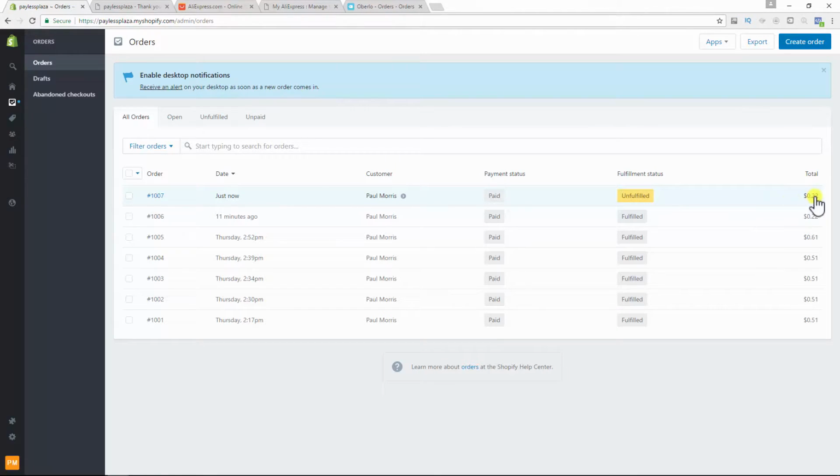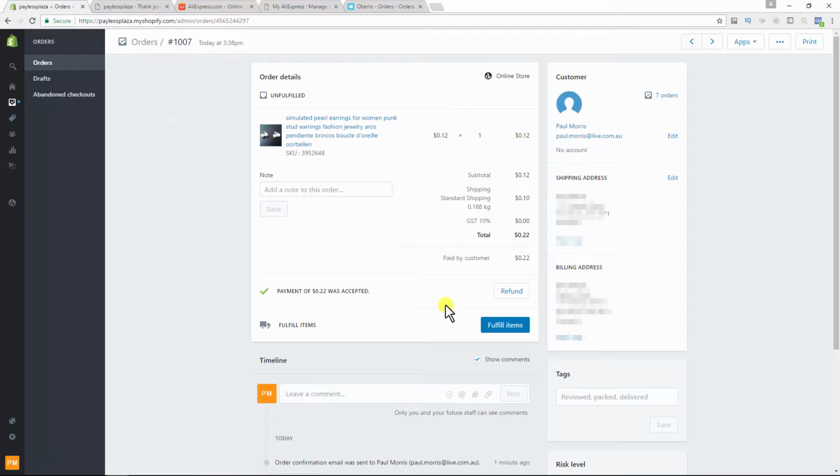So the reason why the price is so low, because I don't want to spend a lot of money buying jewellery for myself, but normally this would be whatever the price is that you set. So we can see our orders here. If I click the order number, it'll give us more details about the order, but we don't even really need to look at this,